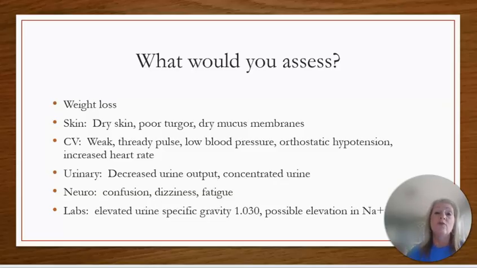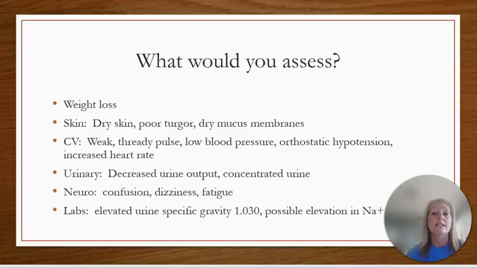So what would you look for? What would you assess? You're going to look, is their skin dry? Do they have poor skin turgor? When you pull up on the skin and tent it up like that, it should fall right back down. If it stays up, that tells us that there's not enough fluid. Dry mucous membranes. A lot of times with babies, if they're dehydrated, you won't see any tears. They will have decreased urinary output. So you're going to be looking for that in your patients. Or the urine is going to look super concentrated and it's going to smell very ammonia-y,